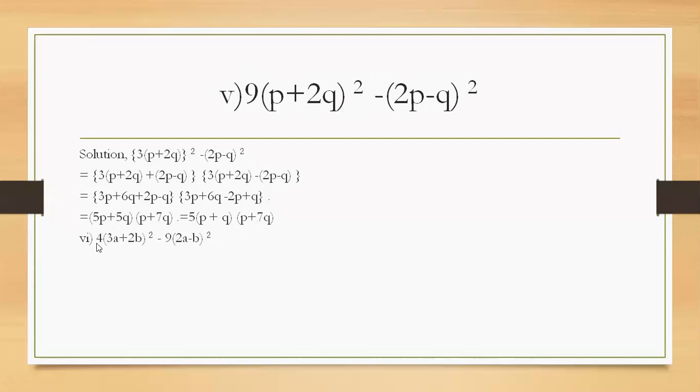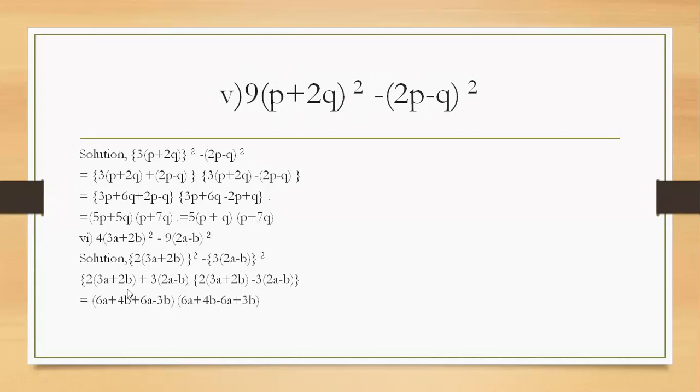Okay, here also look, children, this 4 means 2 squared, that is 2, and 3 plus 2b in whole square, minus 9 means 3 squared, and 2a minus b. It's already a square, put them in square, okay, put them in curly bracket. Then a plus b means the second one, and a means this one, again a minus b. Remove the bracket, then it will be 6a, 2 to the 4b, and 3 to the 6a, 3 into b minus 3b, plus into minus minus.